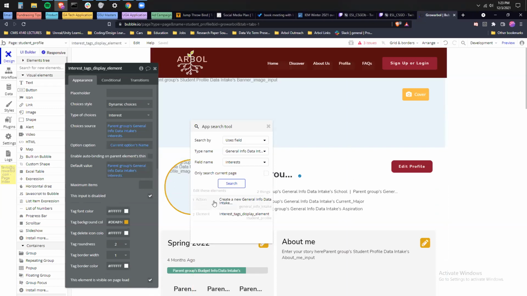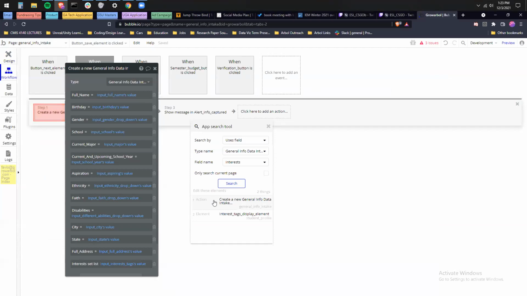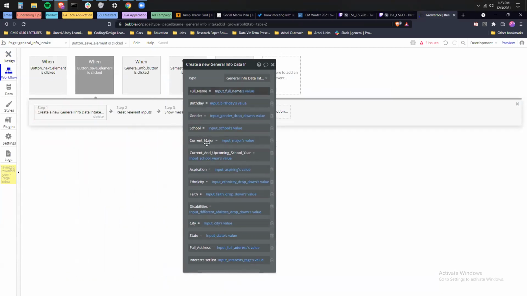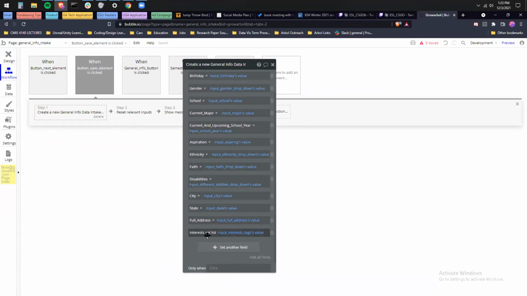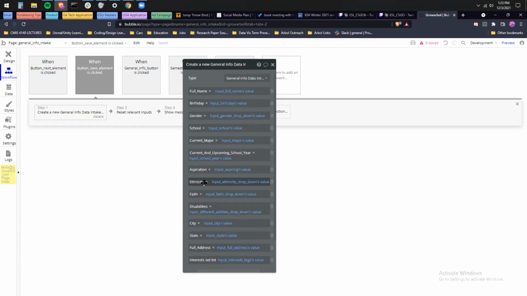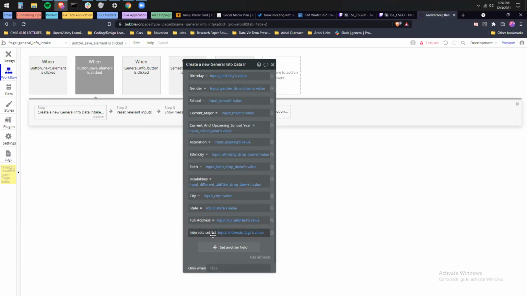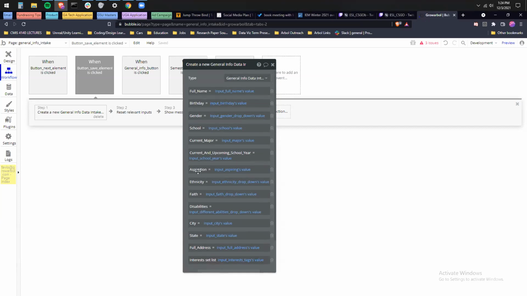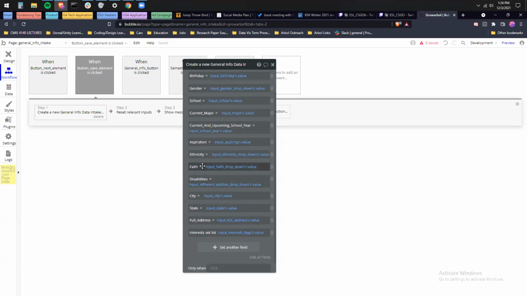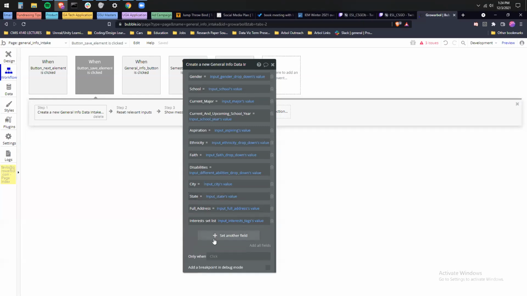And then interest, actually that would be that input interest tags value. That looks like it's looking for a custom state.